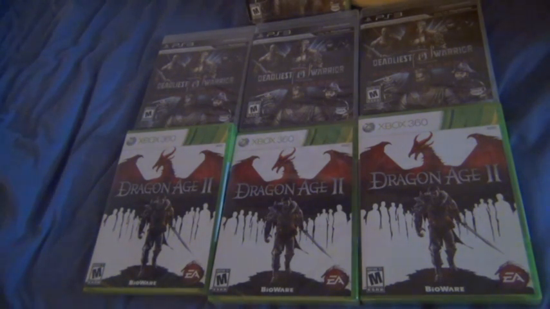Now, the trade-in value of the Deadliest Warrior version is $6 each. So if you do the math real quick, you get 6 times 4, and then you get 24. And if you have the Power Rewards card, then you get an additional 10%, so you get $26.40. The thing though is they refuse to take sealed games, so you have to open them. That's one issue. And the second issue is Dragon Age 2